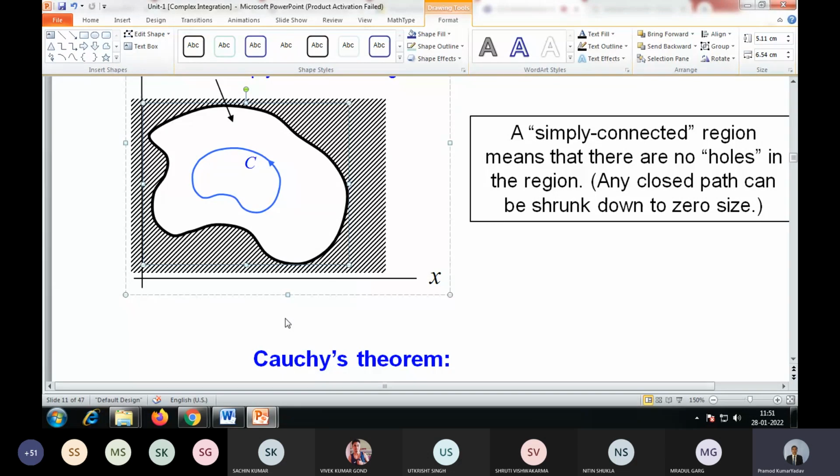So if you take any closed curve C, that will also be analytic within and on C. That's why the value of the integration of z square, z power 3, z power 4, z power 5, z power 10, z power 100 over C will always be 0. We have also proved earlier that the integral of z power n, when n is not equal to -1, will always be 0. So we may use the Cauchy theorem also to find the value of the integration.